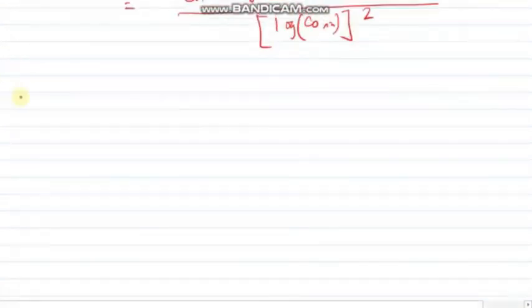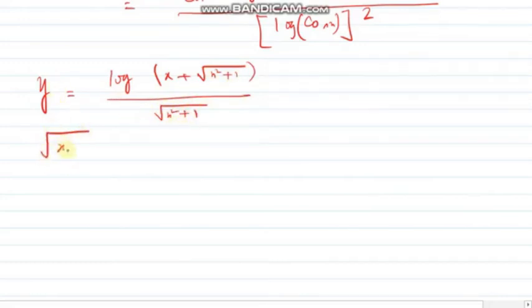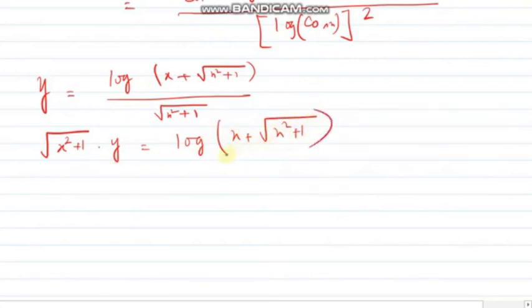And one more problem I will try to solve, this is very important. Suppose y equals to, given, in higher order differentiation we also need this problem later on, log of x plus root over of x square plus 1 divided by this. As I said, I don't like denominator, so I will cross multiply this. So root over of x square plus 1 into y equals to log of this. We can square it in this step or we can just leave it, because for log it will be 1 by this thing, so it won't create any problem for us.